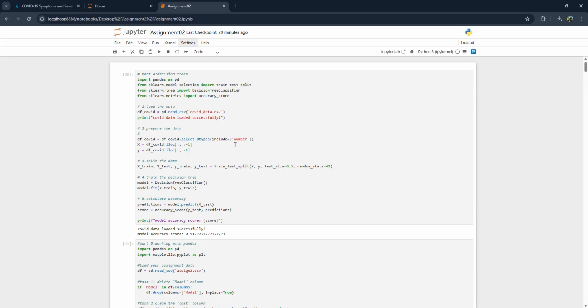So the goal here was to find a data set online and use a decision tree model to predict COVID-19 cases. First, I imported the necessary libraries, like pandas for data handling and scikit-learn for the machine learning model. I found a data set called COVID data, which contains symptoms and test results. I loaded the CSV file and cleaned it by ensuring we are only using numeric columns, as the decision tree